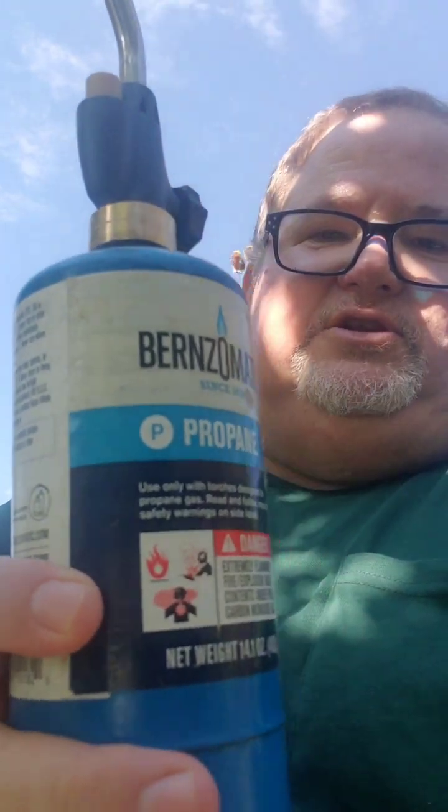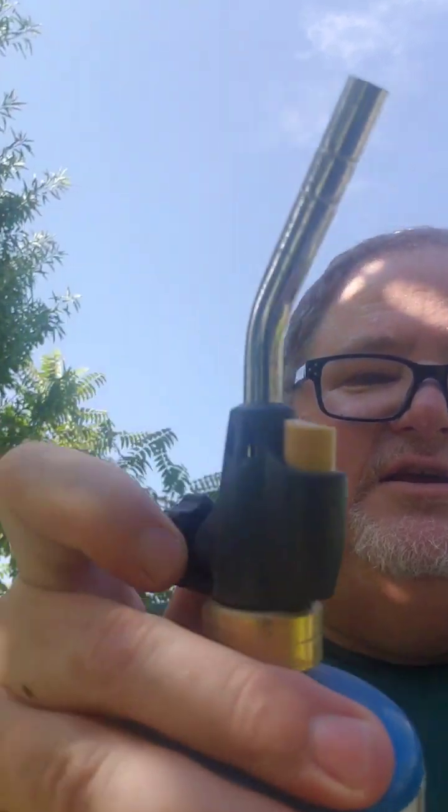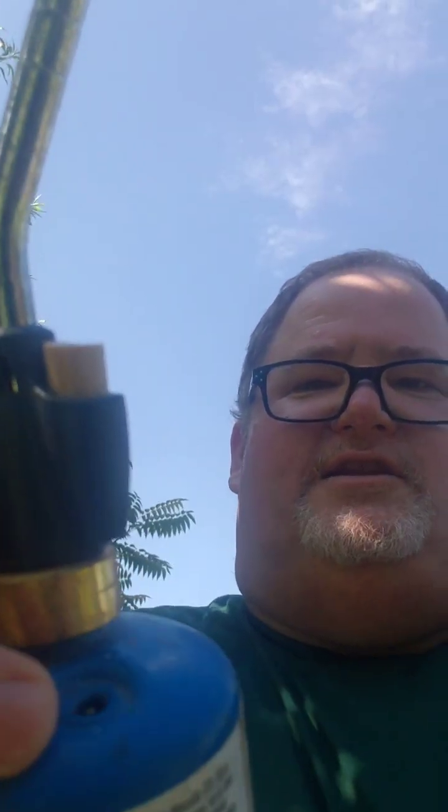Right here is a squash bug killer. Now you might think it's a torch, but it's just an easy start torch. And if any pests that you see in your garden, but most satisfying is the squash bugs. You see their eggs, and they're on the underside of leaves. You just turn on your handy dandy torch, and let's pretend that, whoops,